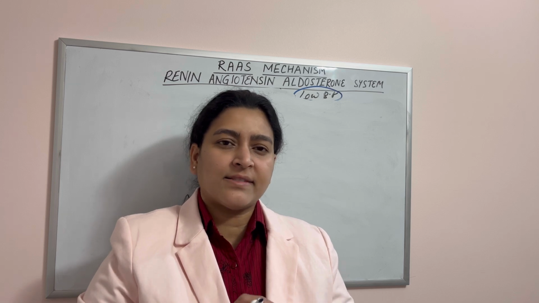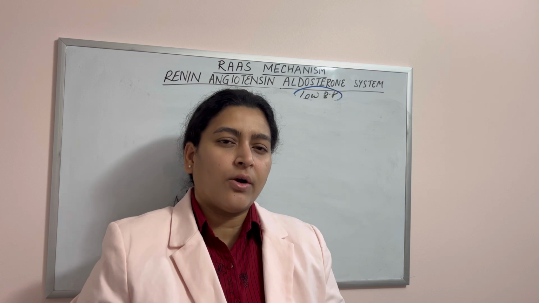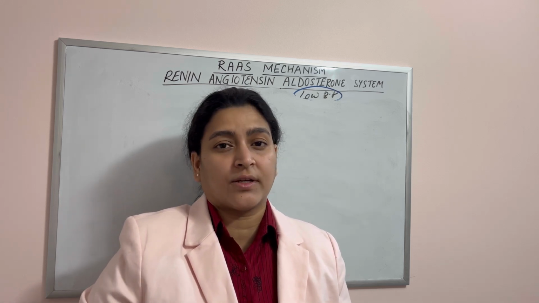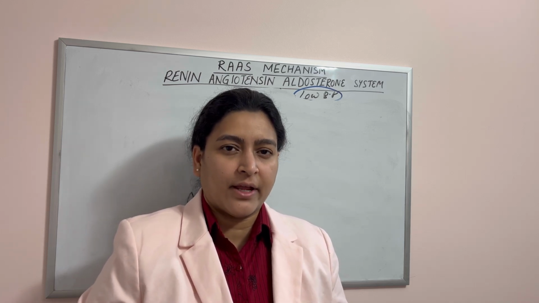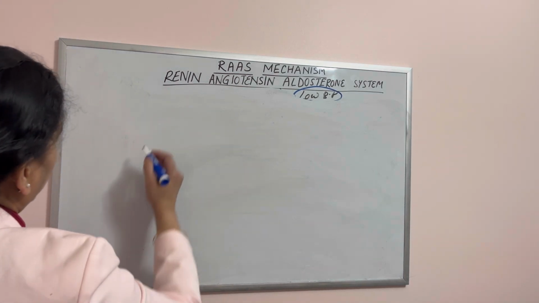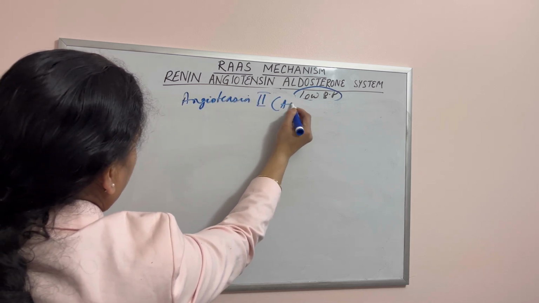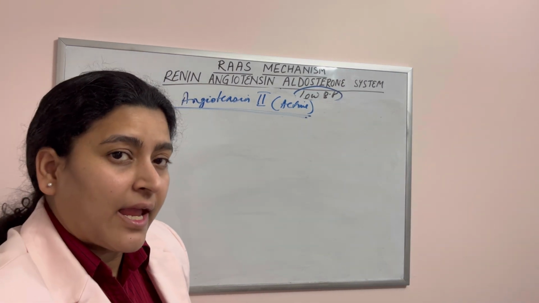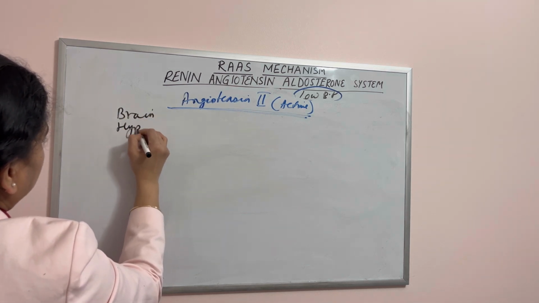So it has its effect throughout the body. And when we look at angiotensin 2, what is the short-term useful attribute of it, and then what is the chronic long-term implication, which is more detrimental to the cardiovascular health. So when we look at angiotensin 2's activity, angiotensin 2, this is active, this is the one that we produce at the end of the previous step, and it acts on the brain hypothalamus